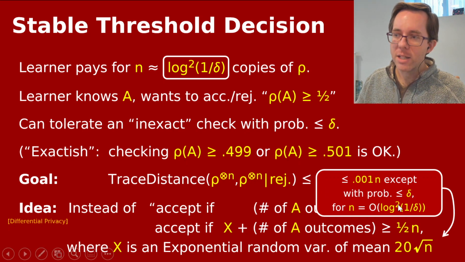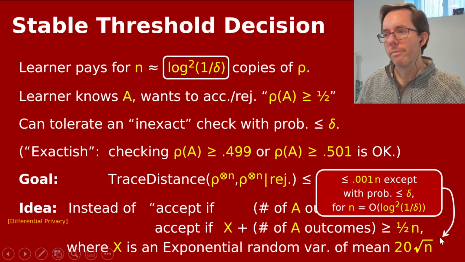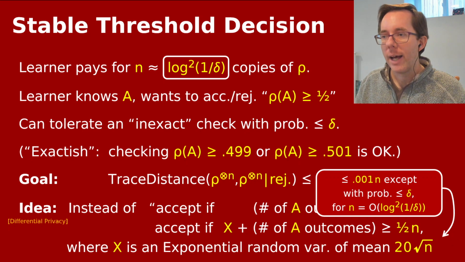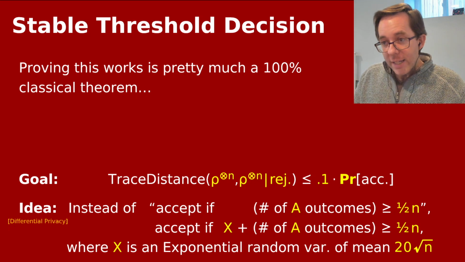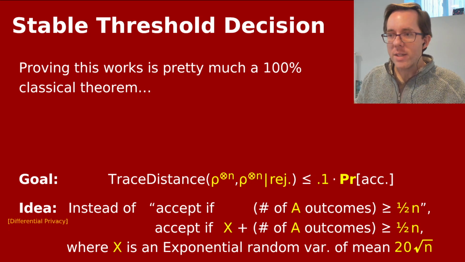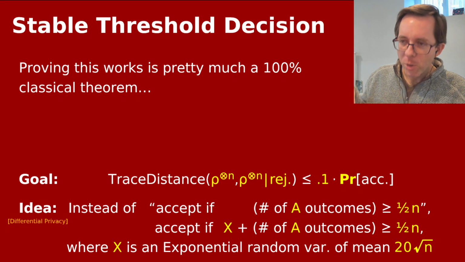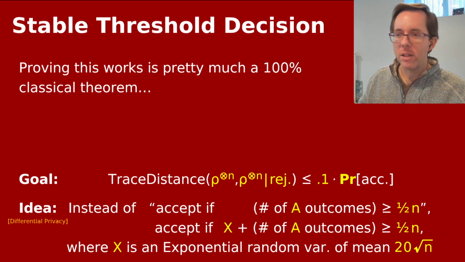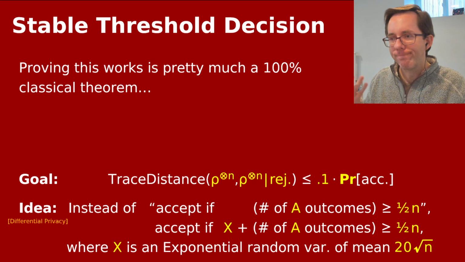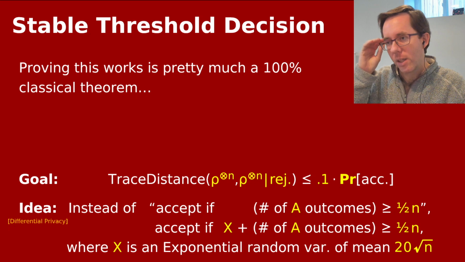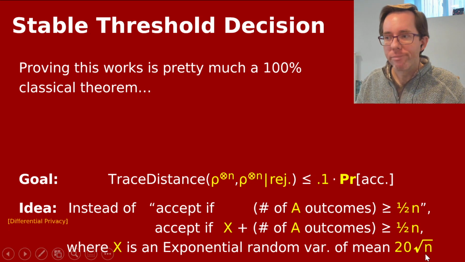So if we take n to be log squared 1 over delta, then exponential in minus the square root of this will be smaller than delta. So this is where the log squared 1 over delta dependence comes in. The idea is that by putting this noise in, you're not putting so much weight onto the actual outcomes of A. You're making your decision partially based on noise. And because of that, you might hope that you haven't disturbed the state too much.